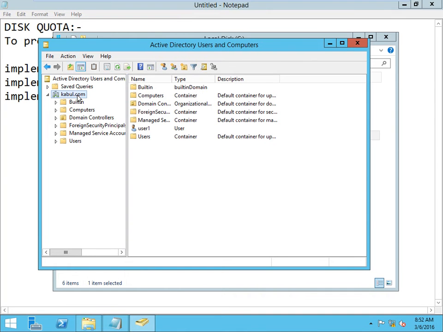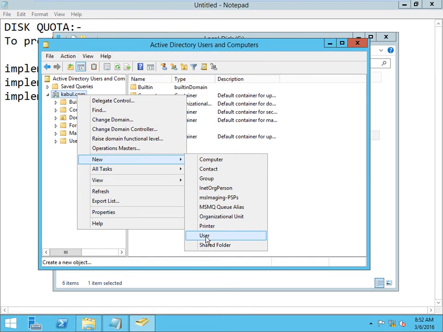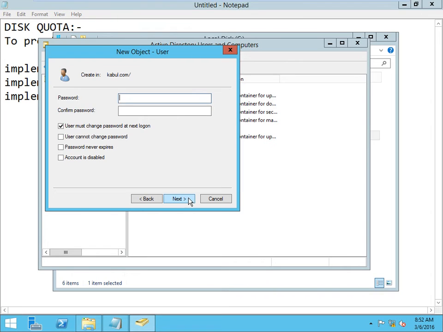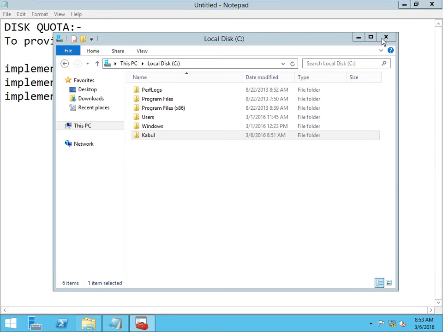One more user account we can create to verify this quota. User2, next, password @123, password @123, done. User1, user2 created.